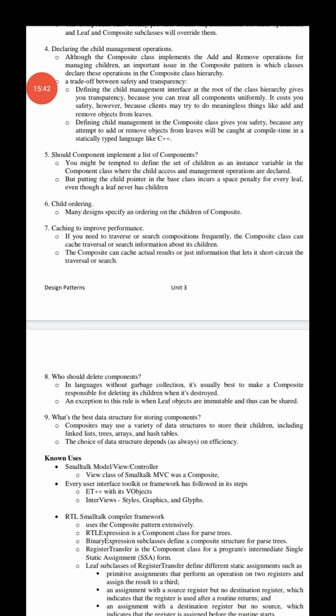Coming to the next implementation of the composite design pattern, that is child ordering. Many designs specify an ordering on the children of a composite. What does this mean? We already saw one example, the graphics example in the motivation section. In the earlier class we saw the graphics example, and ordering may reflect front-to-back ordering. If the composite represents a parse tree,